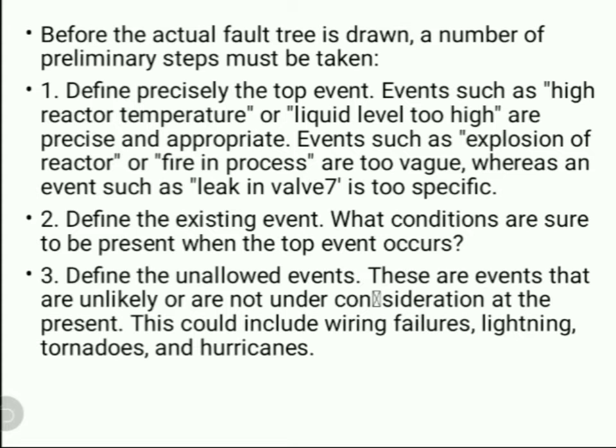Then second, we define the existing events. What conditions are to be present when the top event occurs? Then we have to define the unallowed events. These are events that are unlikely or not under consideration at present. This includes wiring failure, lightning, tornadoes, hurricanes, etc. These are unallowed events that may happen due to climatic changes.